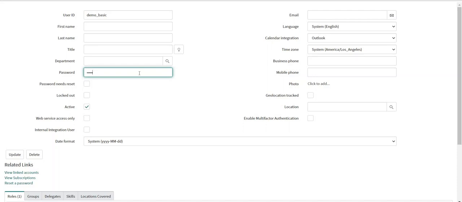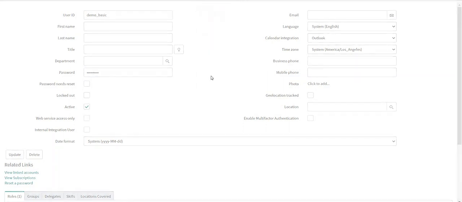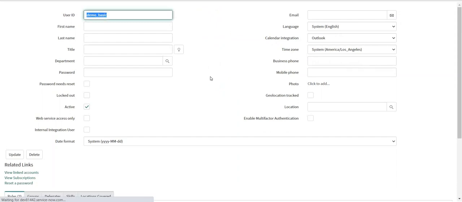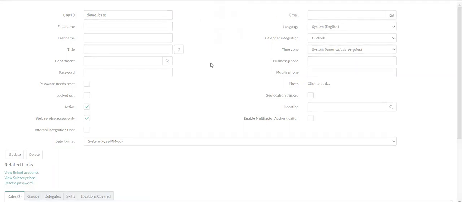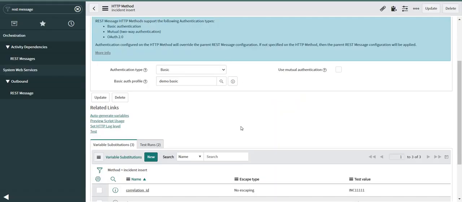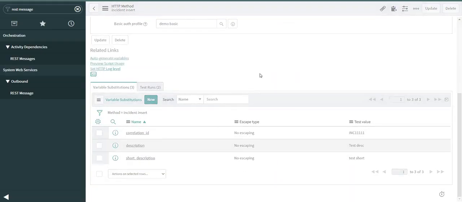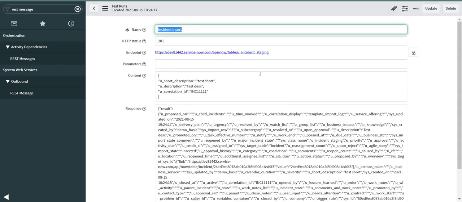Same password which I have already given to the basic profile that I have created. And I am going to allow only web service access. Let's try it again. Okay, so this works now,